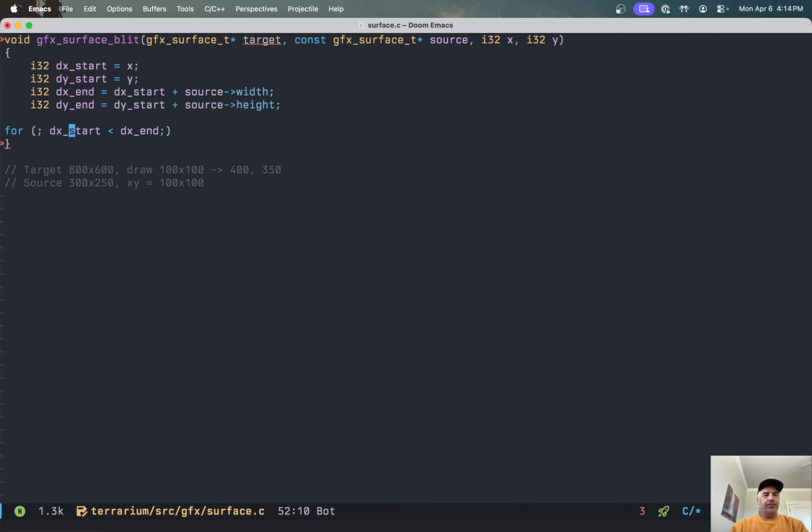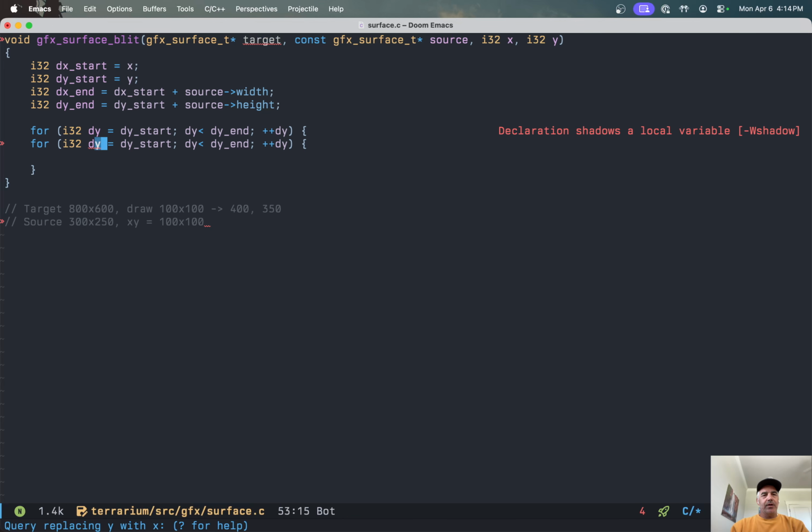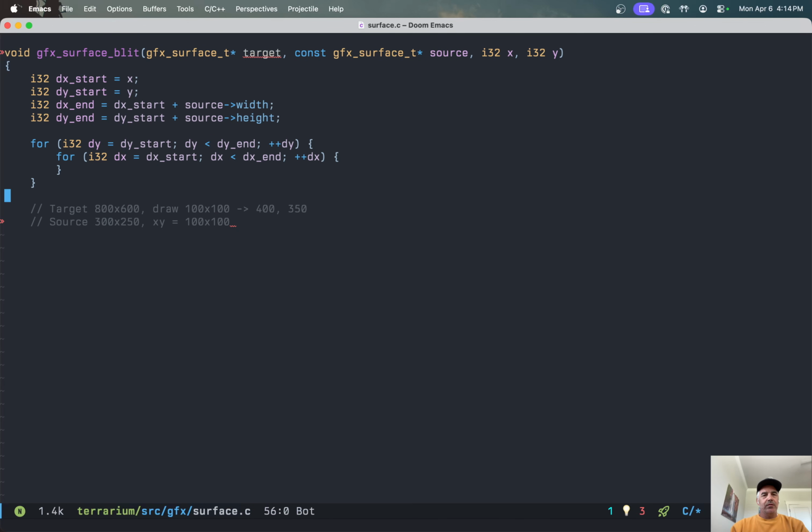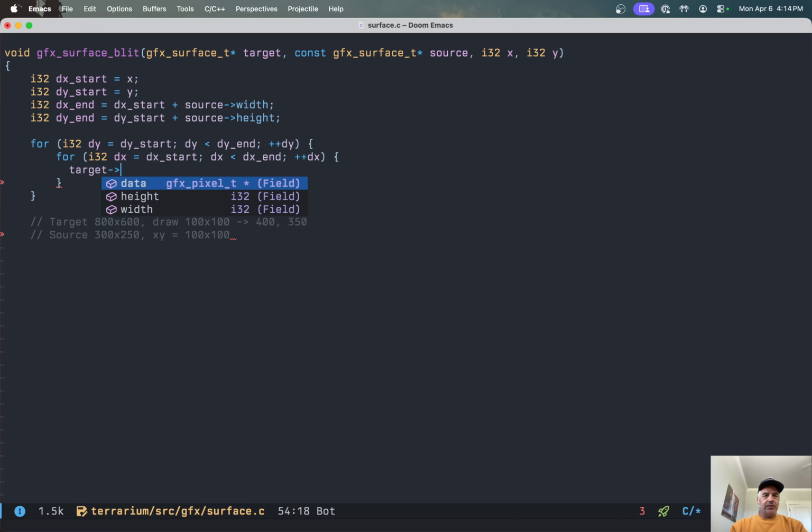This feels wrong. And we'll probably start with the rows. I don't like this anyway. We actually do dy equals dy start, and dy is less than dy end plus dy. It's going to be the same for x. So we have 100 by 100 right now. So if we go target, I'm not saying this is really what we're going to do, but